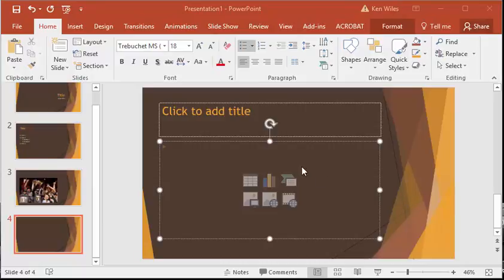In this video, I'm going to show you how to create a table in PowerPoint. Creating a table in PowerPoint is similar to creating one in Word. I've created a new slide, and here's my placeholder. And once again, we've talked about this in the last video where I have these little buttons here that I